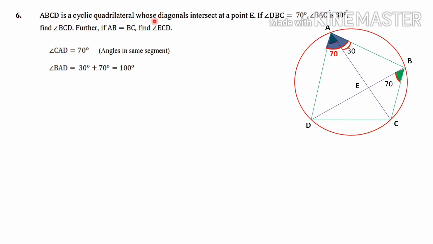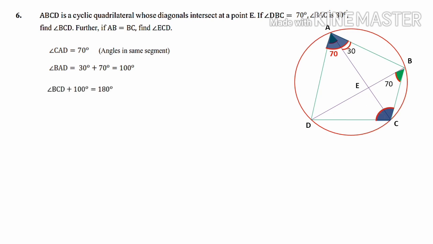It is given to us that ABCD is a cyclic quadrilateral. We want to find something like ECD. ECD means this angle. And you can see this angle BCD. If you consider angle BCD and another angle here, BAD, these two angles are the opposite angles of a cyclic quadrilateral. We have already learned that opposite angles of a cyclic quadrilateral, when we add, we will get 180 degrees.